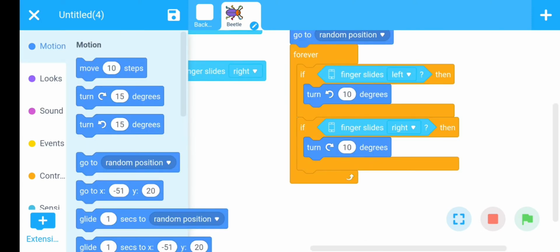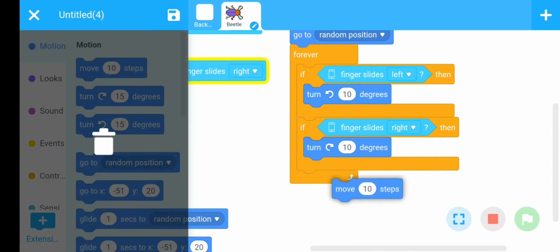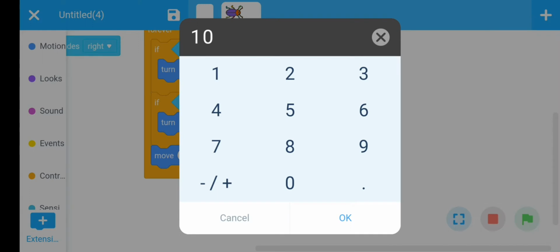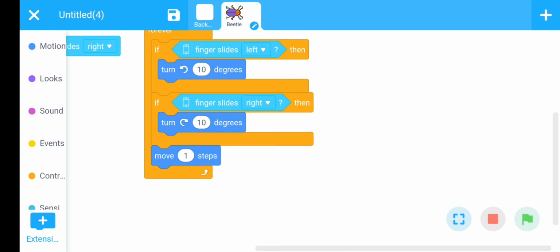For this, go to the motion section, use the move 10 steps command here. Put this there. Replace 10 steps with 1. Here 1 to 10, this number decides the speed of the Beetle.